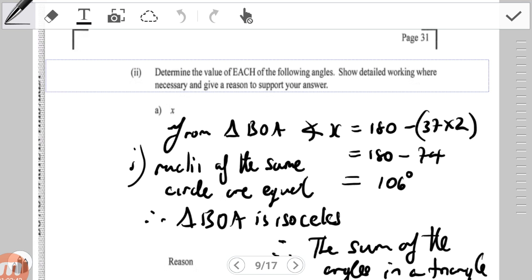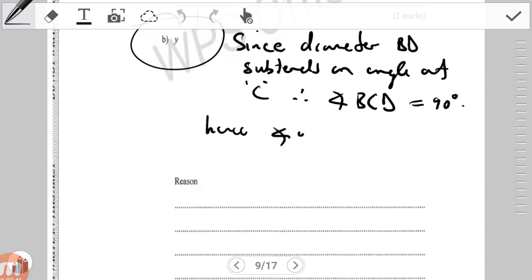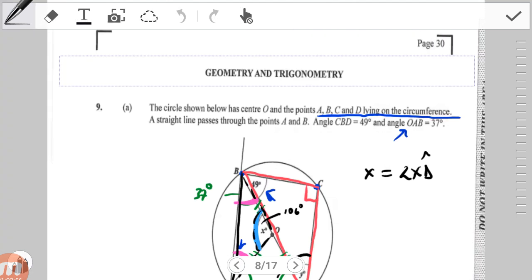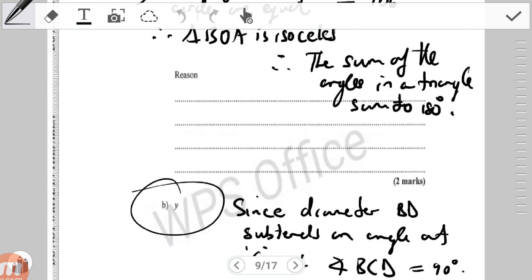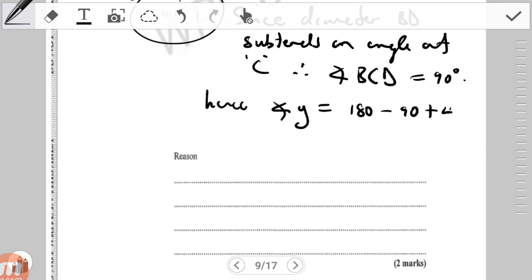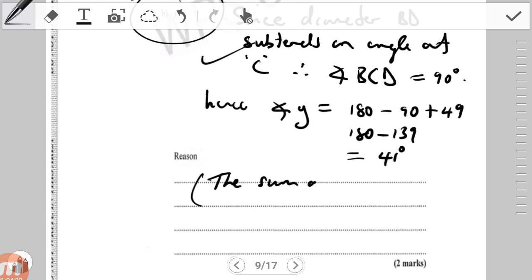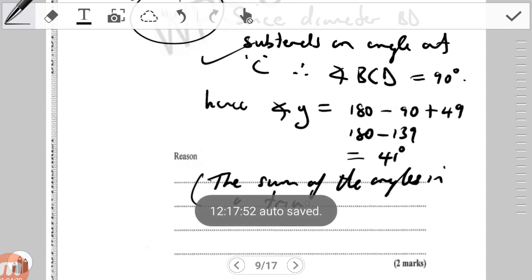hence angle Y is going to be equal to 180 minus 90 plus the angle that we have at the top, which is 49 degrees. So 90 plus 49 degrees. So that's going to be 180 minus 139 degrees, which works out to be 41 degrees. And so the reason for that would have been the fact that the sum of the angles in a triangle